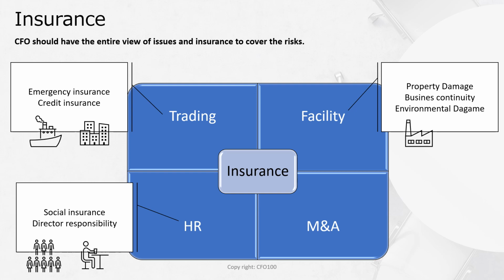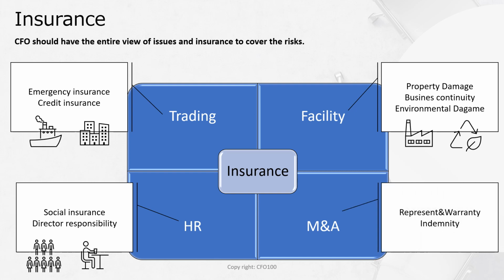The detail of property damage and business continuity insurance will be explained in the next slide, because these insurances are very important to continue your business and comply with some obligations to stakeholders. Environmental insurance is a minor one, but its importance is increasing more and more these days. The last category is a very special thing related to M&A deals, so I will skip it in this lecture.